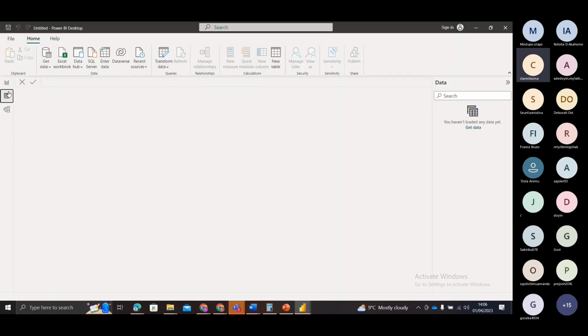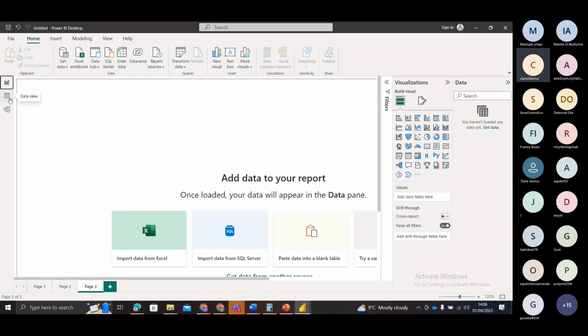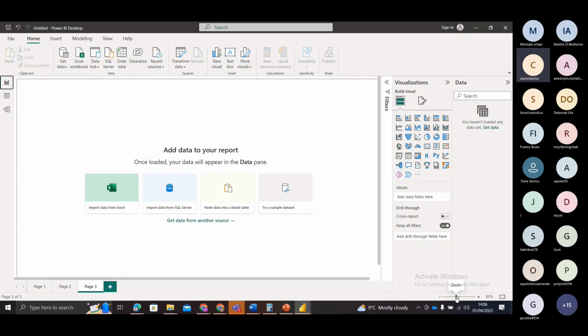And so, like I said, in our Power BI desktop, we have 3 different views. We have the report view, we have the data view, and we have the model view. All right. Then